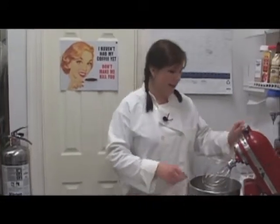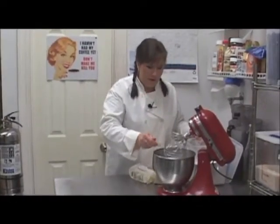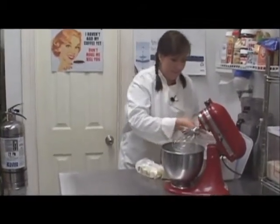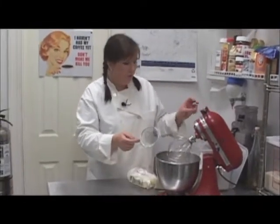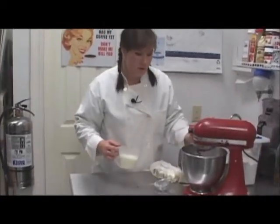That's two different icings. So we're going to make two different icings, but in the same bowl. The first one we're going to make is the simple icing for the king cake, because the king cake icing is just basically powdered sugar and a little bit of milk and some vanilla flavoring. So we're going to put about 3 cups of the powdered sugar in here. And this is a basic icing that you could use also to dribble over a pound cake or any other kind of warm cake that you would want a simple light icing, not a thick buttercream icing. This is just a basic icing. So we've got just powdered sugar, that's all that's in there,